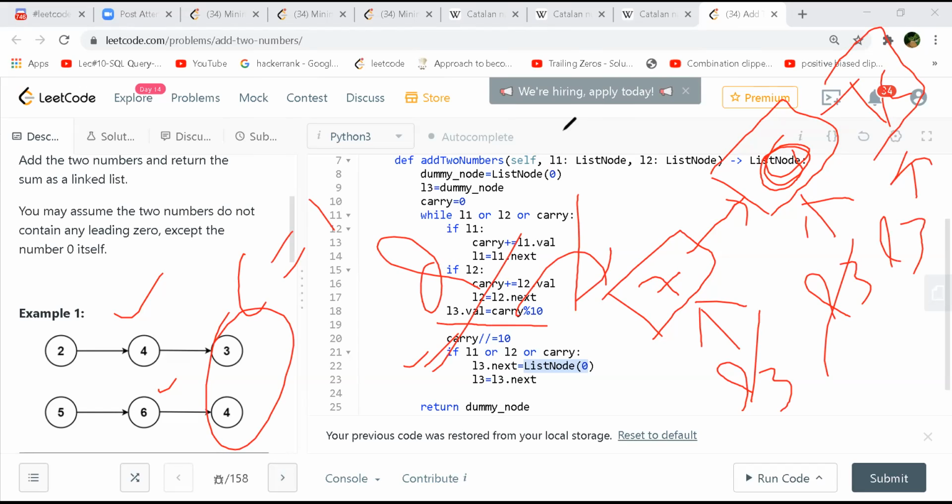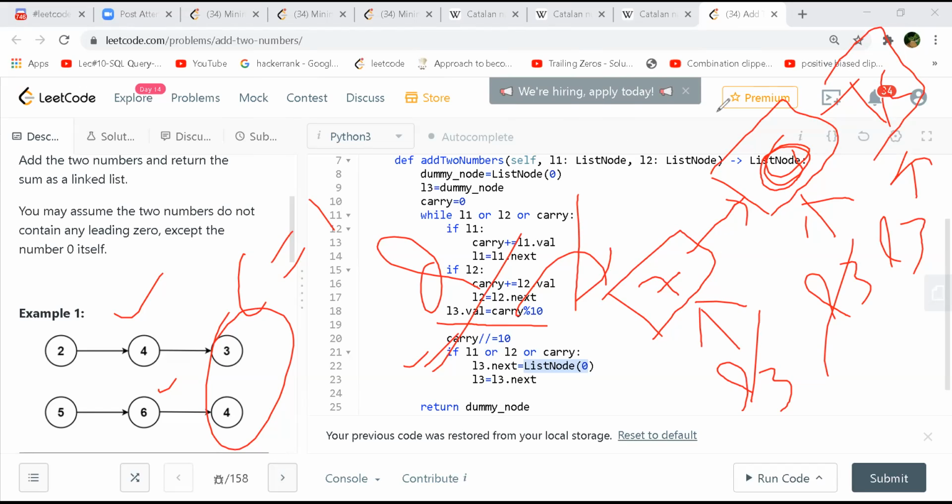Okay, so you are using the dummy node along with L3 and then you return it. That makes sense. That is an easier way to do it also, because it's cleaner code to implement. Yeah, I agree. It should be whichever length is maximum.